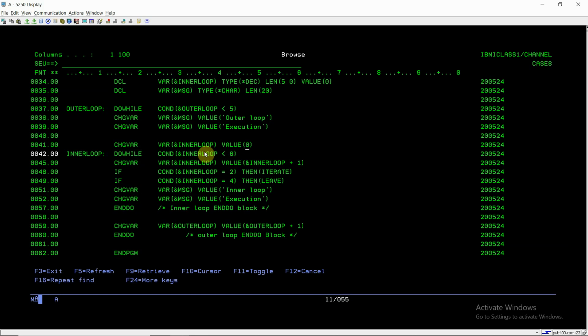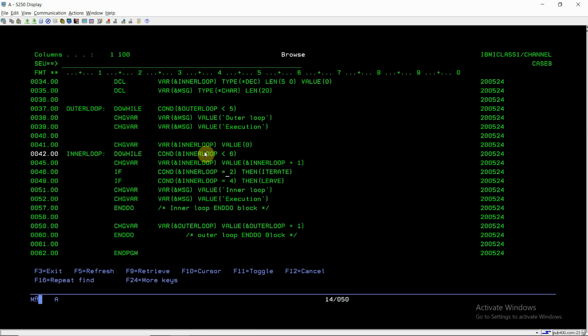So basically we are only executing till 4, and we are skipping the inner loop value 2. When the inner loop count equals 2, we are skipping that execution, and at 4 we are leaving this loop. So basically we are processing only inner loop counts 1 and 3 here.